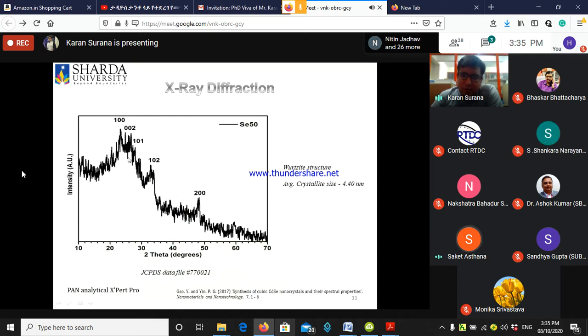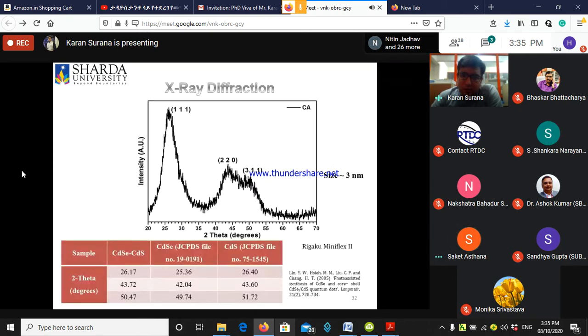Can you go to the previous slide? Yes, sir. So here you are telling it's a cubic. Yes, sir, cubic structure. But what about this 311? This is the Miller indices. But generally, once it is cubic, you will not see the splitting. So it is coming from where? Generally for the cubic there is not any splitting in the peak, and in these two peaks.